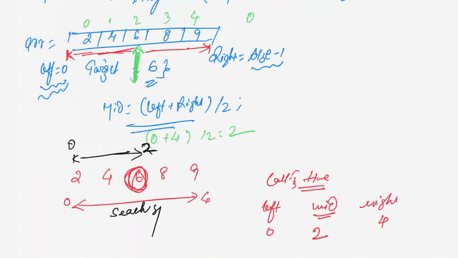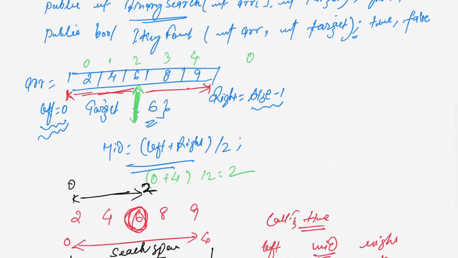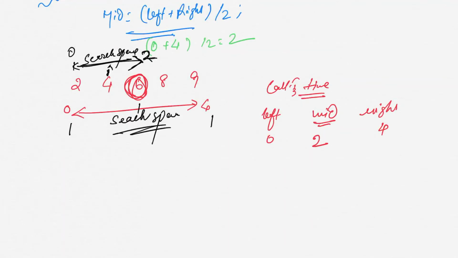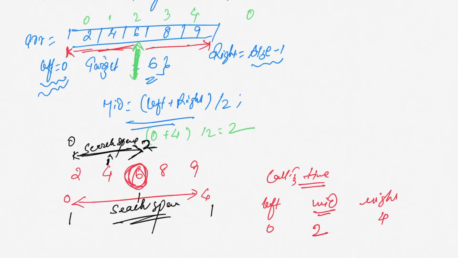Look at the binary search space. Initially we search between 0 and 4, where left was 0, right was 4, and the mid was 2. When you call the next time based on a certain condition, your space is going to lie between 0 and 2, and this is how binary search maintains its space. Then 0 plus 2 divided by 2, which is 1, is going to be your mid.